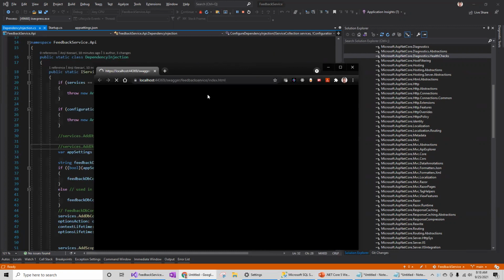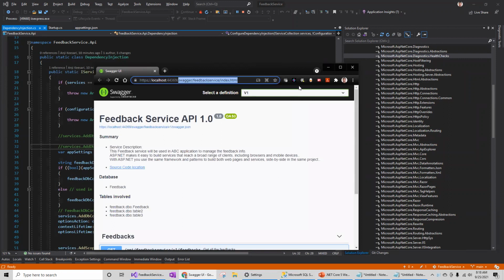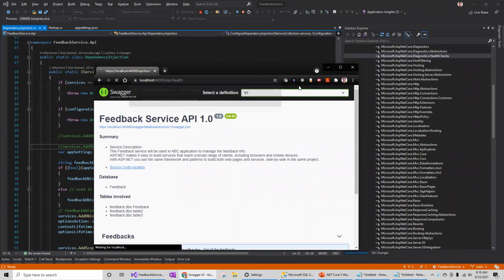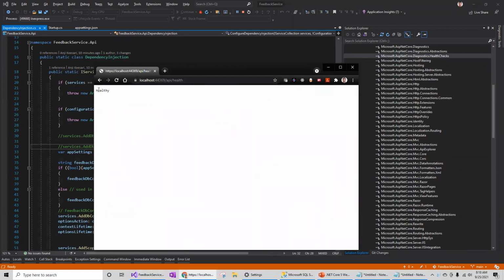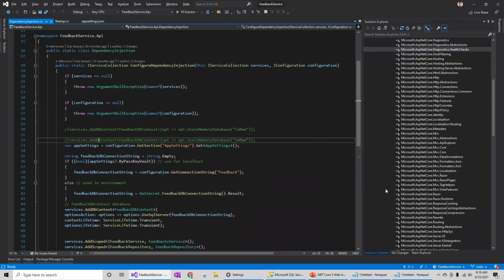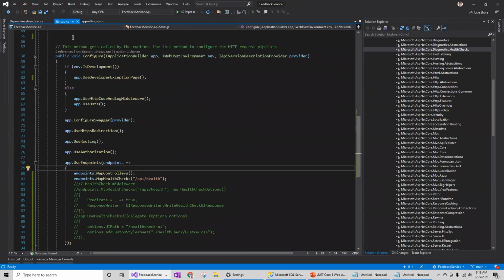So that's why it's taking a little bit more time for the first time, because of the Key Vault. So let me launch with API/health. Now I see the health check API endpoint is working as expected. So that is step 1. Not done anything much, just adding 2 lines of code in the startup.cs to make it work.